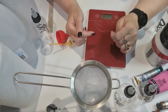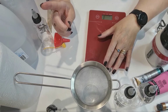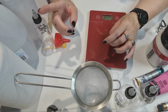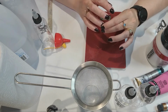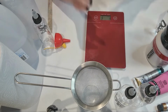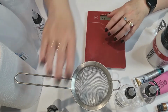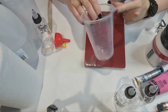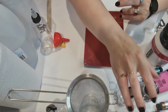So I will link the video up the top here. That would be the video where I mix my paints with water. Okay, this video today, we're mixing paint and Floetrol and water. So you'll need your scale, you would need a strainer. I have a clear cup for my base. My paints though, my colours,